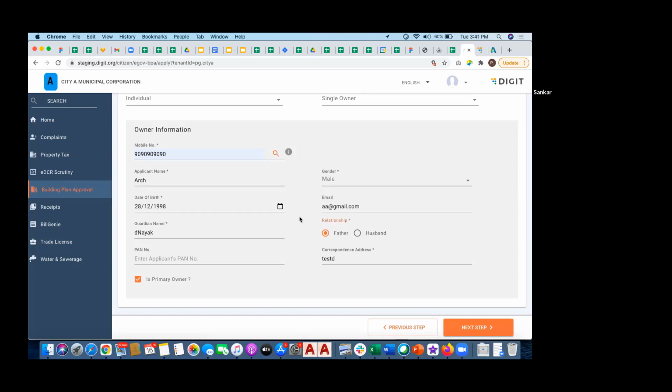Since this is an already present user, I'm just clicking on this. Okay. There is an importance to the is primary owner flag. From our experience, we have seen properties with multiple owners, around 11 people. In that case, if you want to send notifications, SMS messages, and email messages, it will be a big load on the system. That's the reason we are asking who is the primary owner. We are just sending the notification to the primary owner alone during a workflow state change.